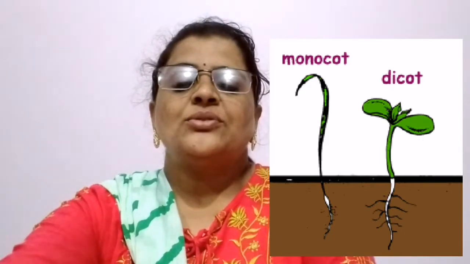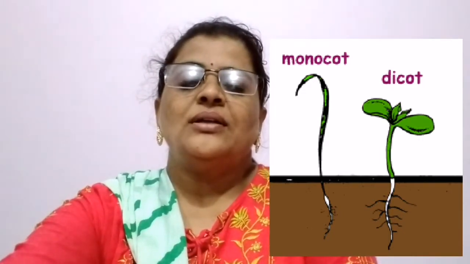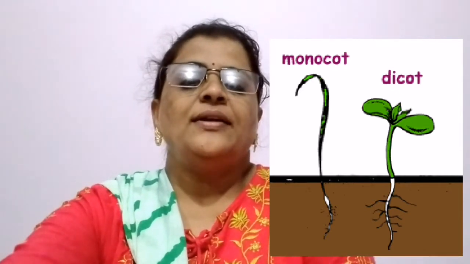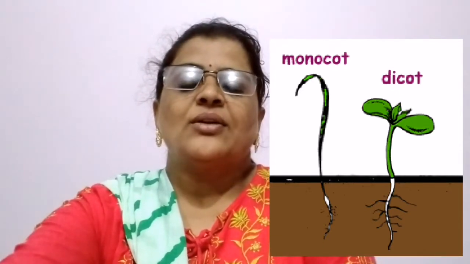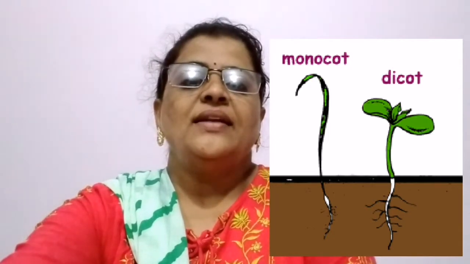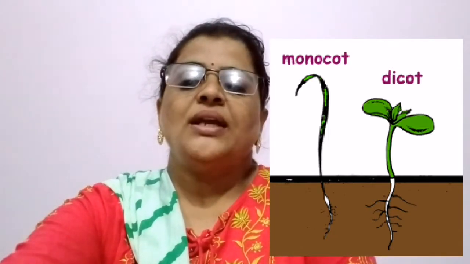The second type of root we are going to study is the fibrous root. It is a fiber-like, thread-like root which arises from the stem. Dicotyledon plants have tap root and monocotyledon plants have fibrous root. When the seed is divided into two parts, such plants are called dicotyledon, and if the seed is undivided, it cannot be divided into two equal parts, it is called a monocotyledon plant. So in this way we have studied taproot and fibrous root.